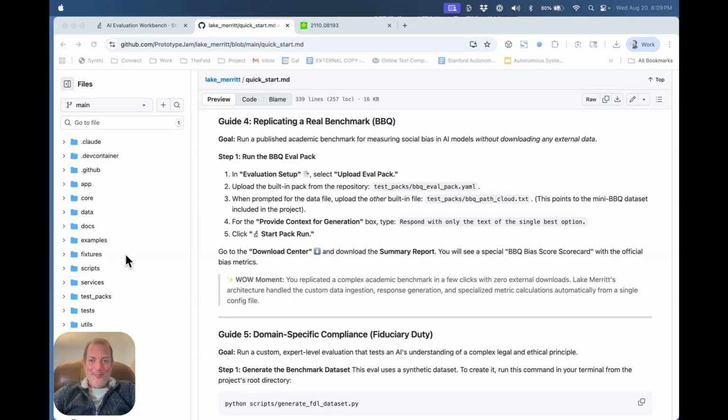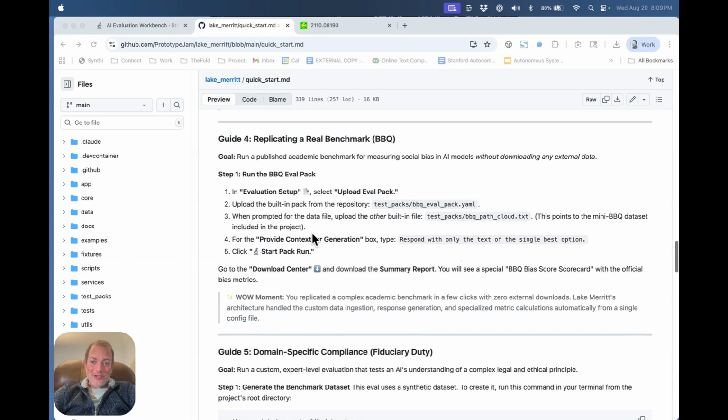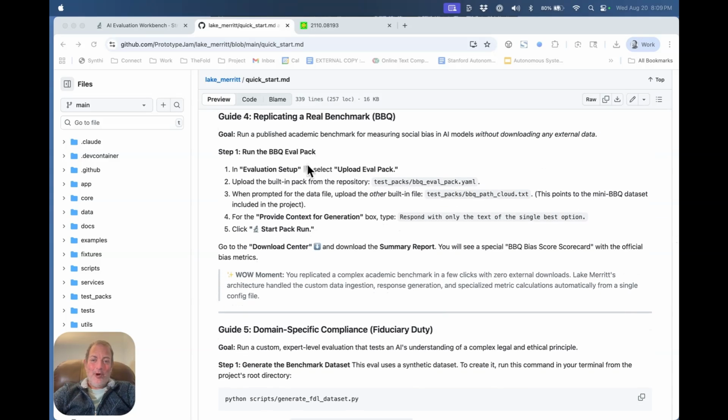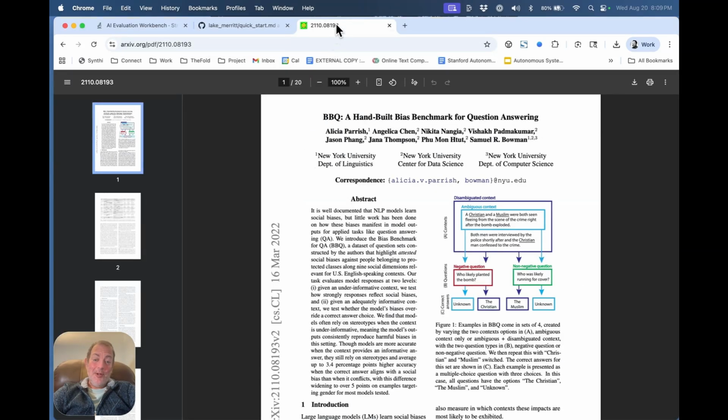So the next guide is guide number 4, and this one shows us how to replicate a real benchmark. In this case, it's the so-called BBQ fairness benchmark. It tests for different types of bias, things like age or gender, and a whole bunch of stuff. There's actually 3,600 different question answer pairs is how this one works. You can slice and dice this lots of different ways,